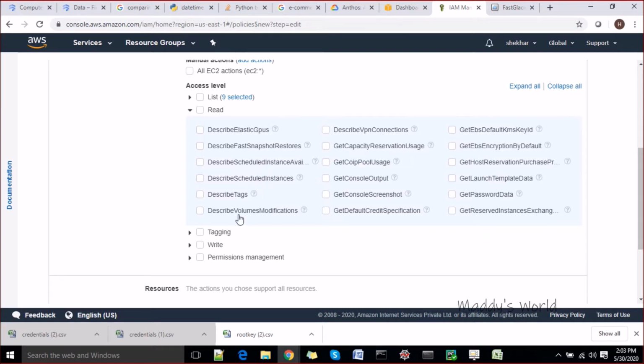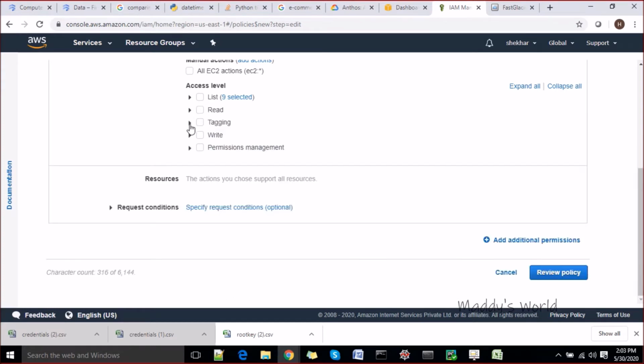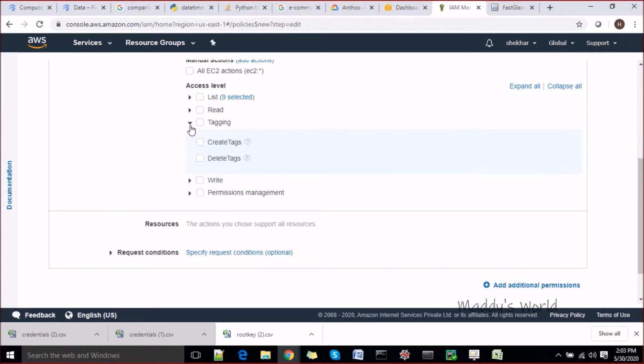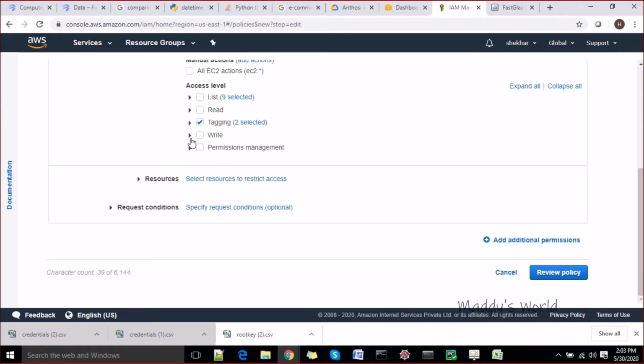I think we're good here. Let's say I'm going to give the tag section also, so they would be able to read the tags, something like that. I see very few policies here in the read section, and anything which would be useful, so leave it for now. We'll see if some issues come, we will come back here. Next we go to the tagging section, create tags, delete tags, let's give them access so that they could do this also. Let's go to the write section now, which is very essential,